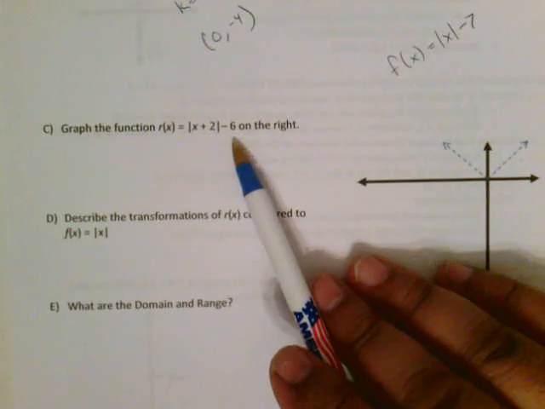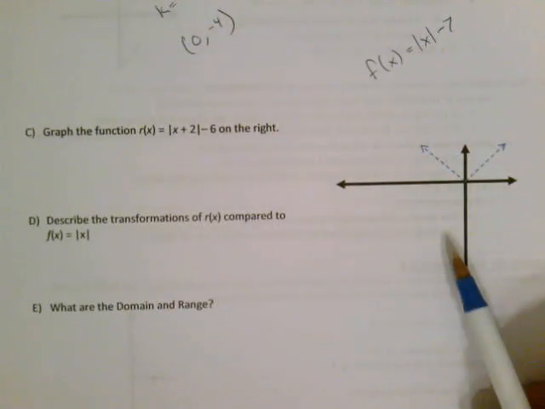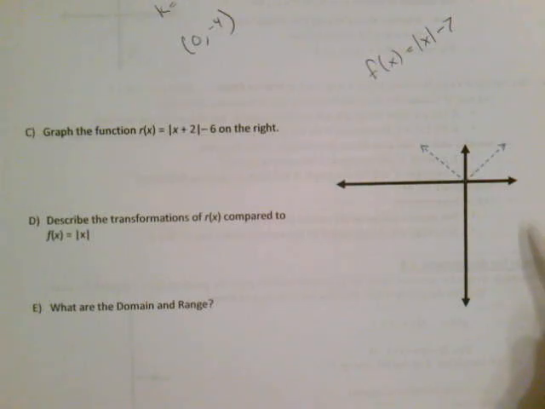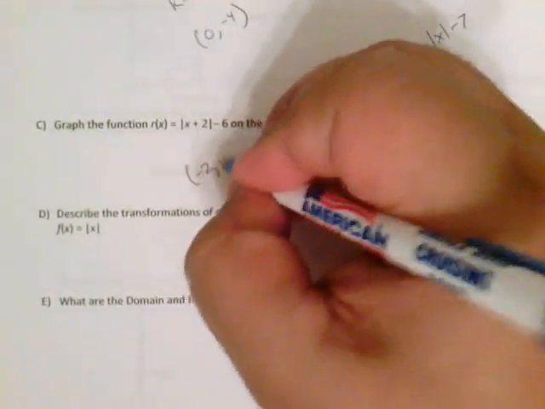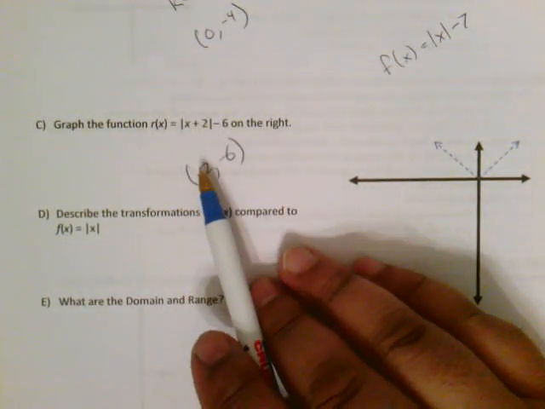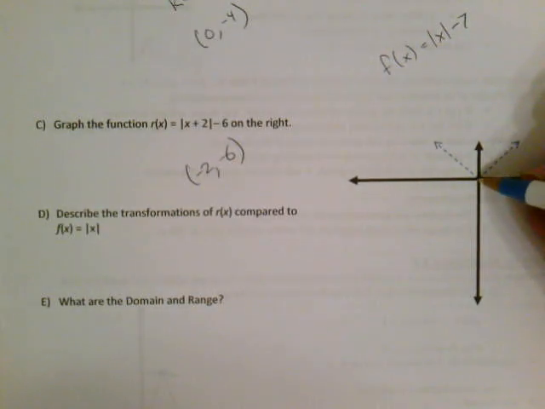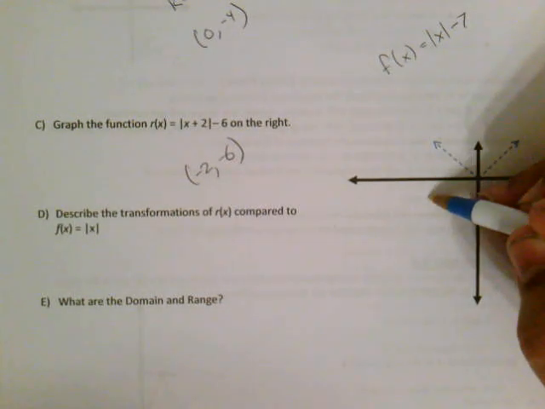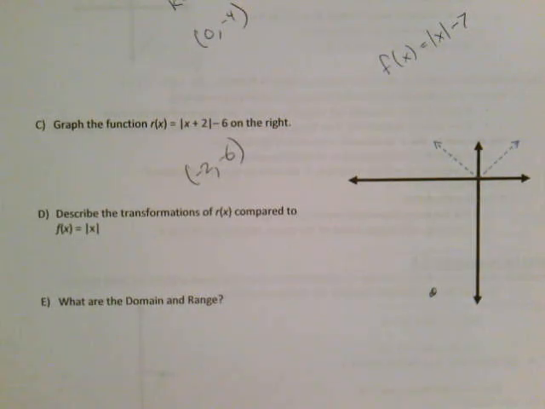Here on the right, graph the function, this guy. Now, here's my regular graph. I just want to show you that to compare. From here, where is our vertex? Our vertex is negative 2. Don't forget the H is backwards. Negative 2, negative 6. So we go 1, 2, 1, 2, 3, 4, 5, 6. Close enough there. And from here,